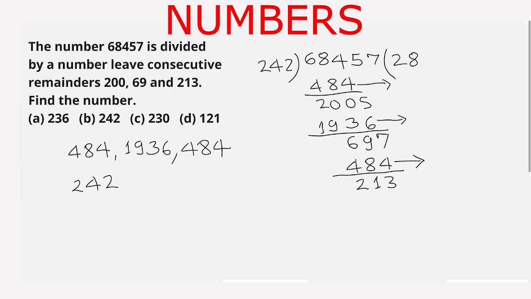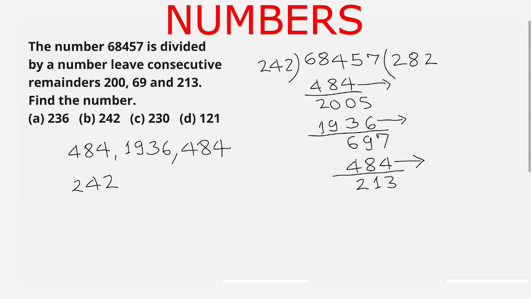Now 242 divides 2005 for 8 times. 8 times 2 is 16. We carry 1. 8 times 4 is 32 plus 1 is 33. We carry 3. 8 times 2 is 16 plus 3 is 19. And on subtracting 1936 from 2005, the remainder is 69. We carry 7 from above,